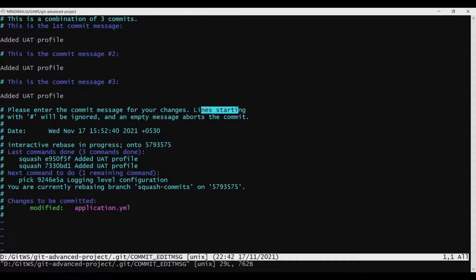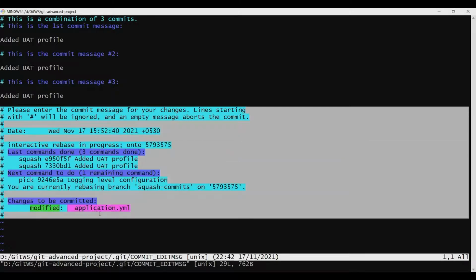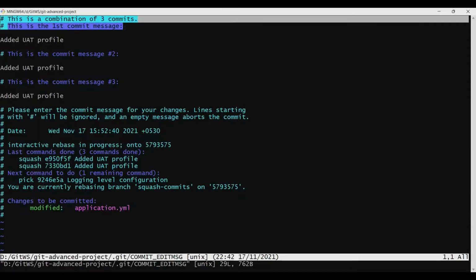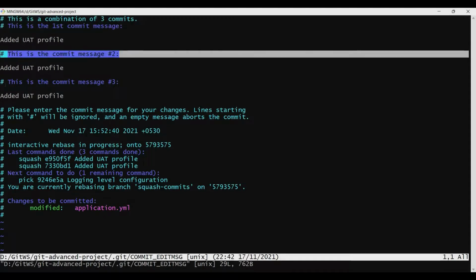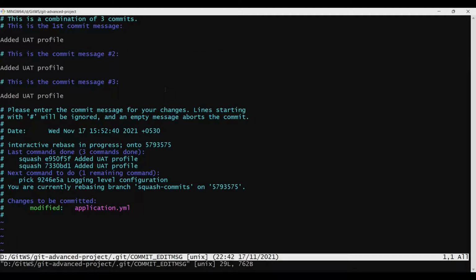A line starting with hash will be ignored and an empty message aborts the commit. So all these lines will not be part of the commit message, and neither are the lines that start with the hash here.